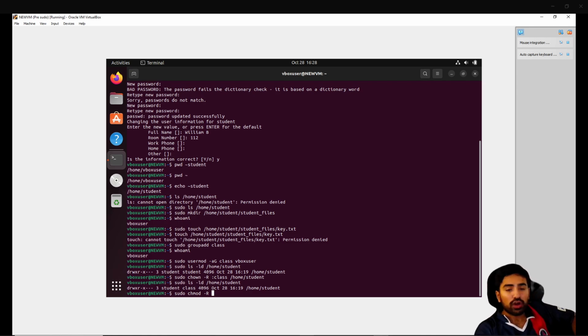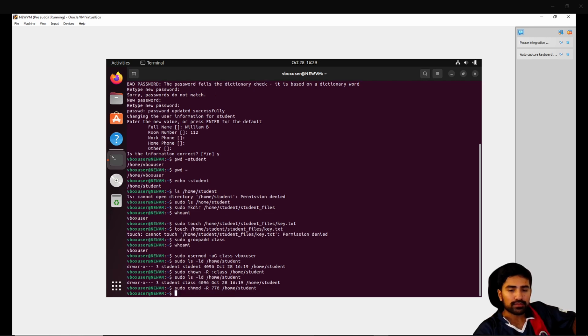So remember, for the most part, the owner should have the highest permissions, which is a 7. The second number, in every case, is going to apply to the group. For our particular situation, I do want to give the group the maximum permissions. I want class to do everything that student can do on home/student. So I'm going to also give it a 7. Remember, 7 is the highest permissions. And then for anybody else that's not part of the group and not the main owner, I'm going to give them a 0. So I'm going to keep them locked out of home/student. And of course, if I'm going to apply this to home/student, I need to put that in the argument for this command. And just like that,